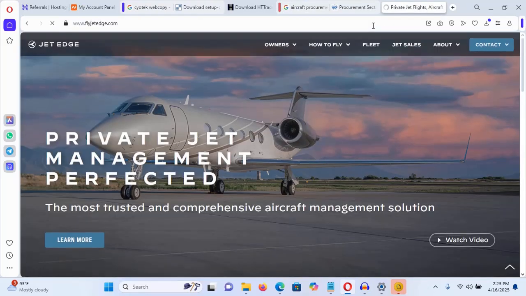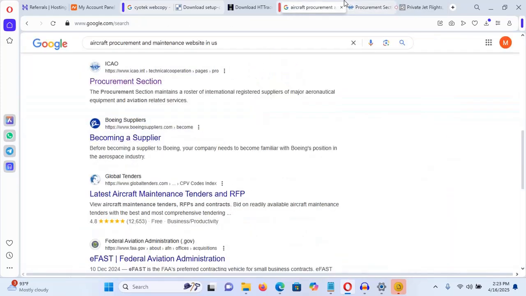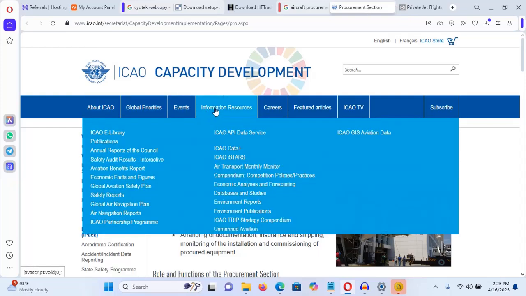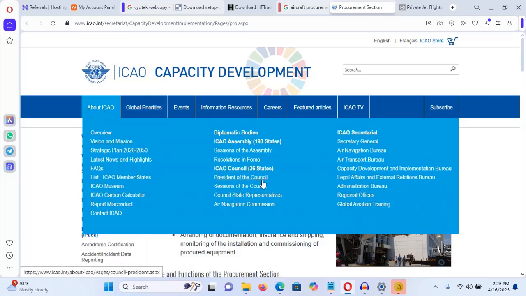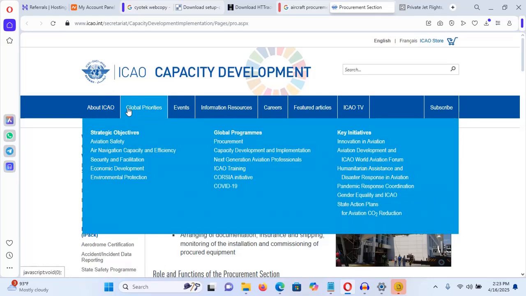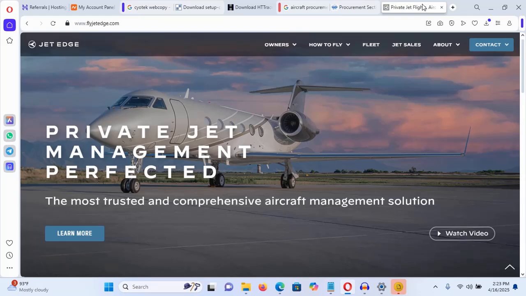So this is the website I came up with from Google. So for example, look at this website I just clicked from Google now. Look at the multiple pages they have. So if you are going to clone a website like this, always have it at the back of your mind that you are going to work on all of these pages, so that anywhere the name of the website is mentioned, you want to change it to your own, and any other stuff you want to change in it. So now let me show you this. This one doesn't have a whole lot of pages compared to the other one, so that's why I will